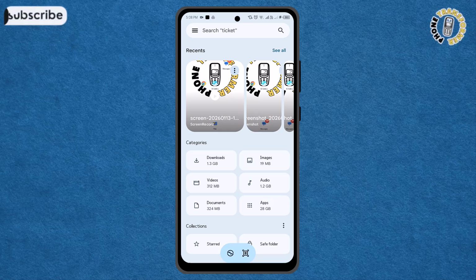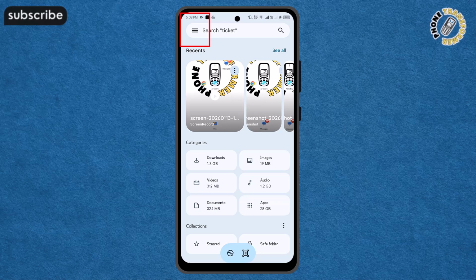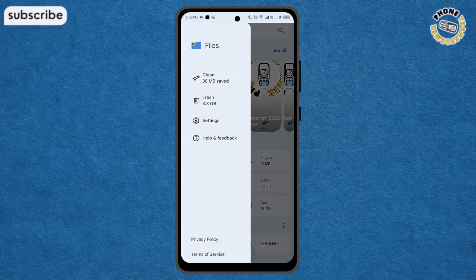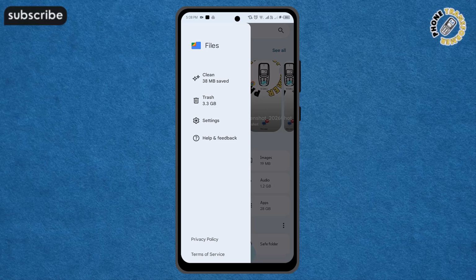Step 2 is to then go to the 3 horizontal lines located in the top left corner of the screen to open the main navigation menu. Accessing this sidebar is important because it allows you to switch between different management modes, like browsing your folders or